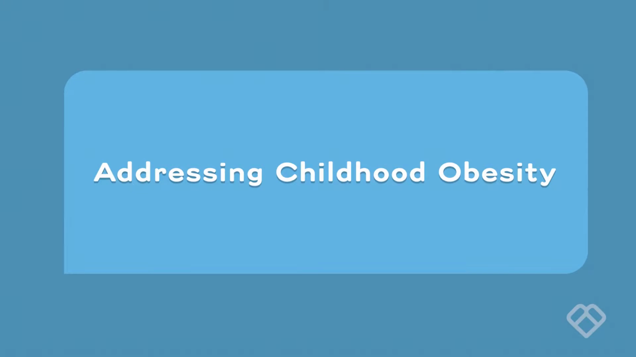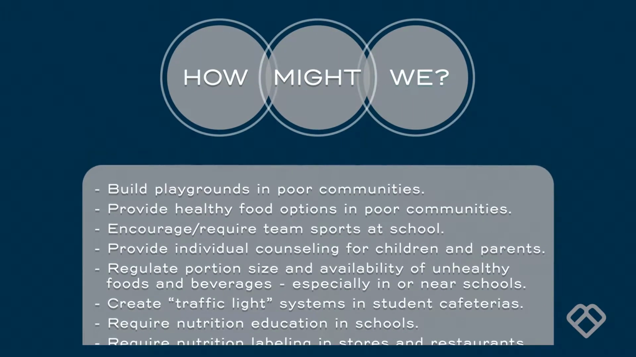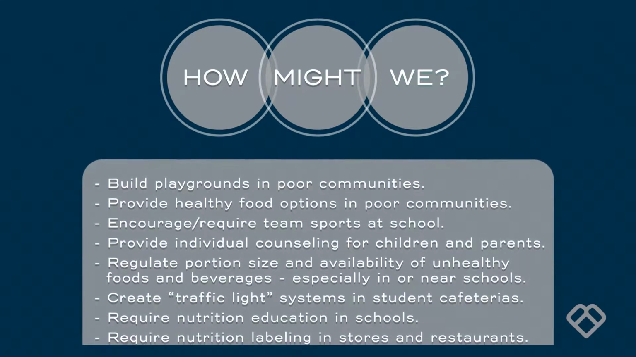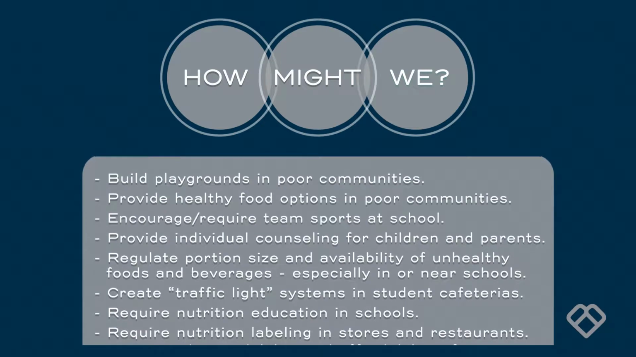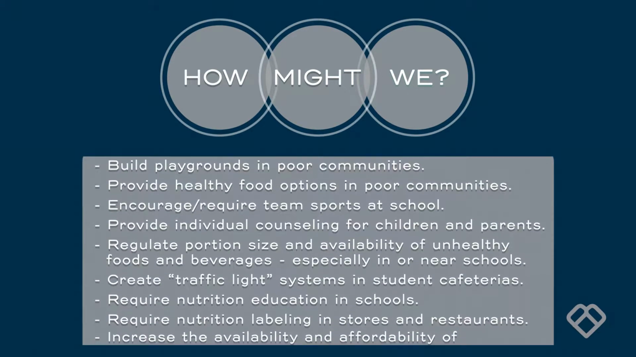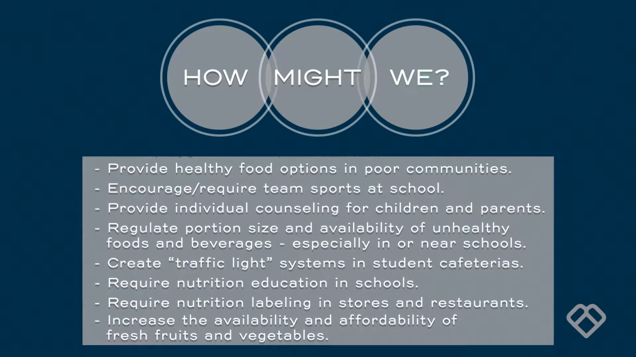Coming out of a brainstorming session of how might we's, here are some of the answers we might have come up with. Build playgrounds in poor communities, provide healthy food options in poor communities, encourage or require team sports at school, provide individual counseling for children and parents, regulate portion size and availability of unhealthy foods and beverages, especially in or near schools,